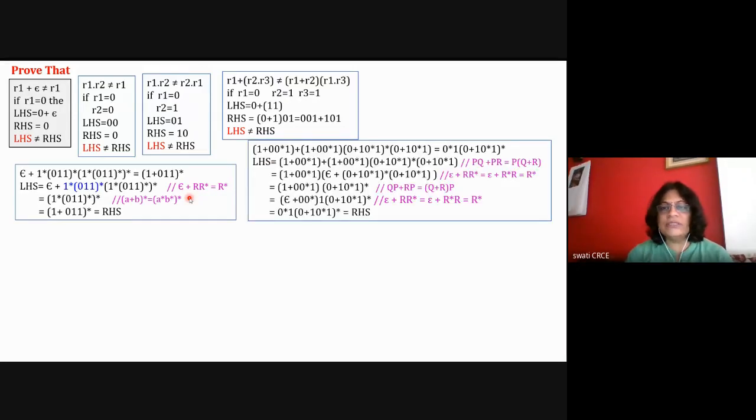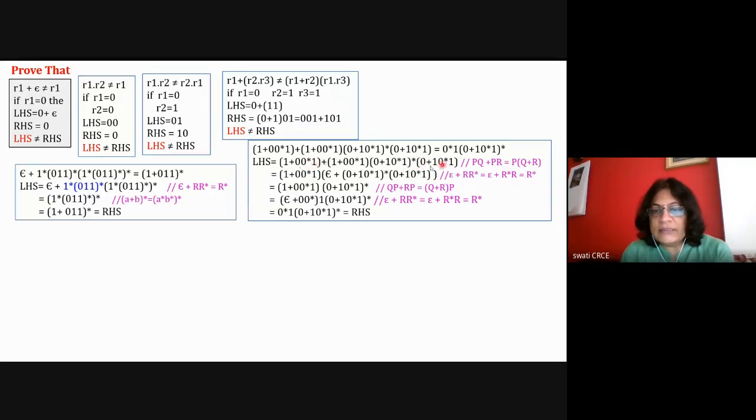Now the next question is to prove this left hand side is equal to this right hand side. So I've taken the left hand side and I'm writing 1 plus 0 0 star 1 plus 0 0 star 1. So this is the same 1 plus 0 0 star 1, and this term is also 1 plus 0 0 star 1. Both the terms are same. And then I'm writing here 0 plus 1 0 string 1 and 0 plus 1 0 string 1. These are also both the same terms.